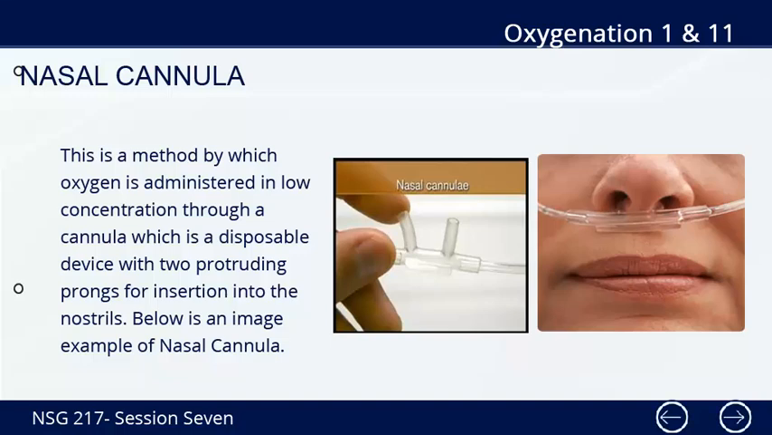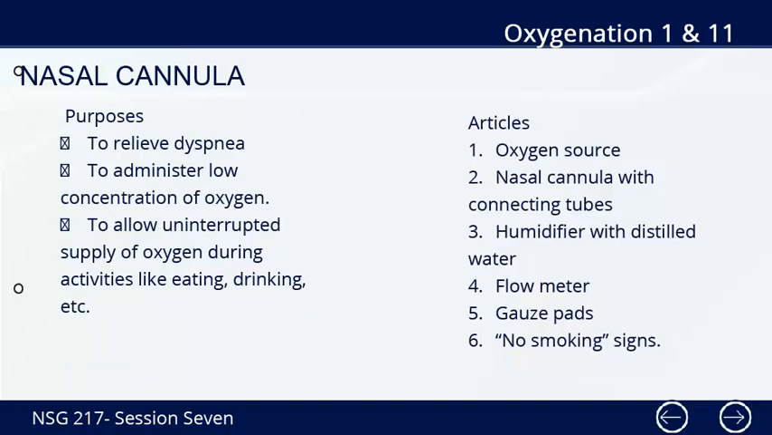Nasal cannula. This is the method by which oxygen is administered in low concentration through a cannula, which is a disposable device with two protruding prongs for insertion into the nostril. Below is an image example of nasal cannula. Purposes: to relieve dyspnea, to administer low concentration of oxygen, to allow uninterrupted supply of oxygen during activities like eating,